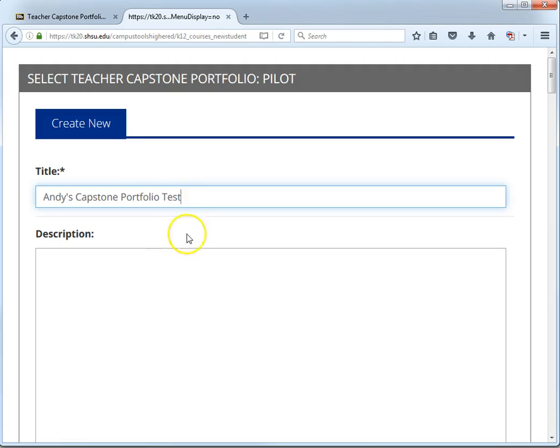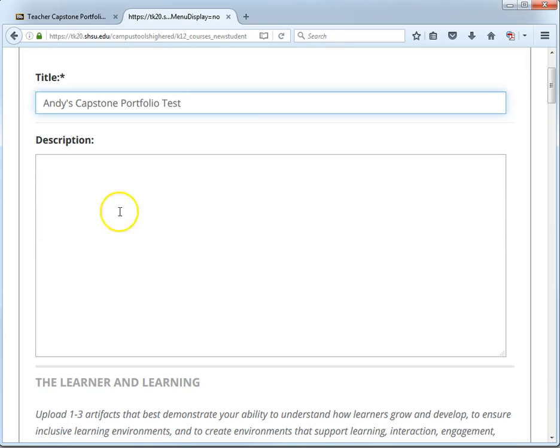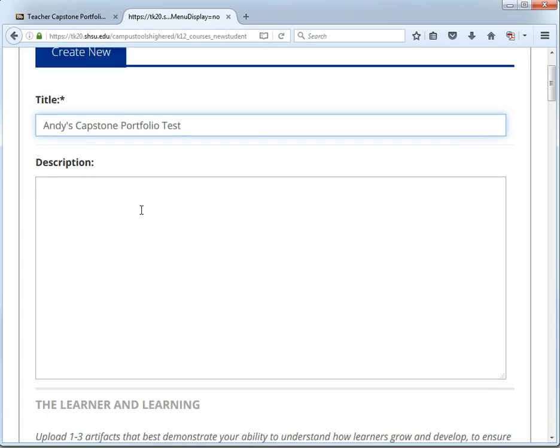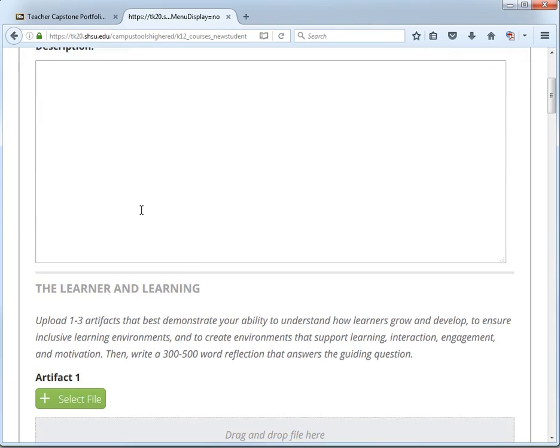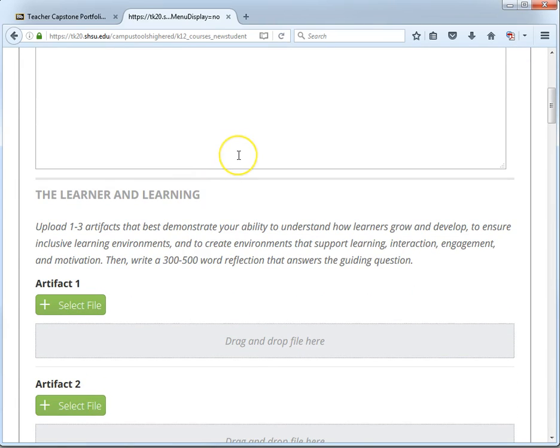That part really isn't important, but if you give it a good name, that's fine. If you leave it with the default name, that's fine as well. I'm not going to worry about the description. Now, the last part I want to mention is to take a quick look through this, because there are several